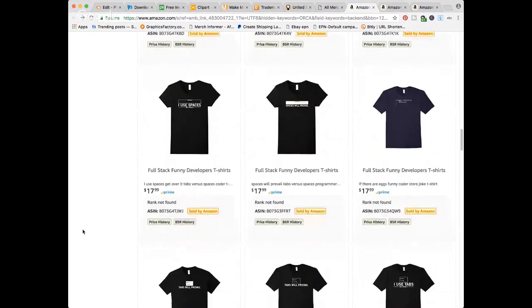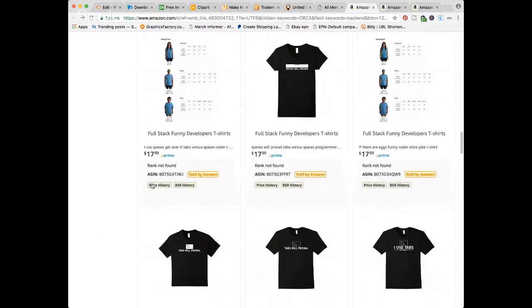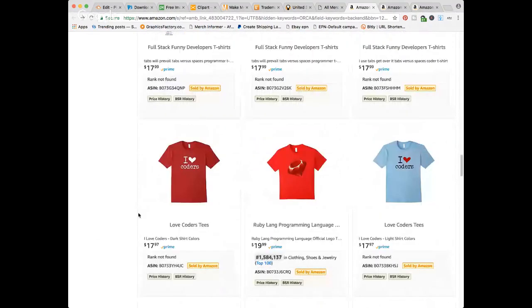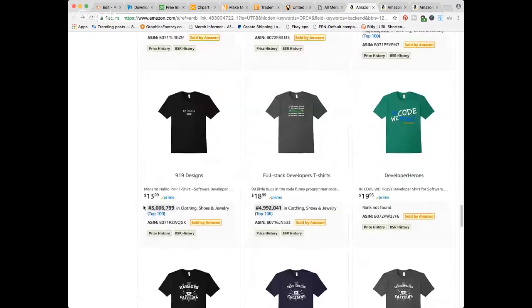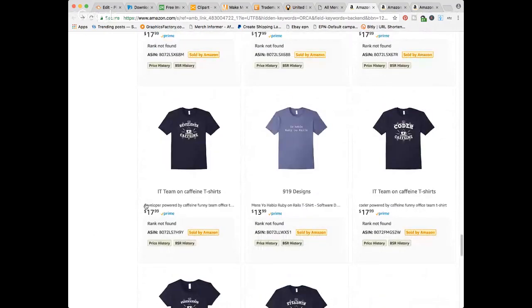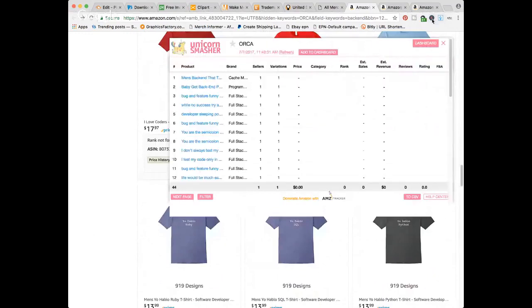So some of these may be really good ideas, but you cannot even read what it says. It's so tiny, you know? And nobody likes a tiny back end. No, I'm joking. Okay, so, Yo hablo Ruby on Rails. But again, let me click over here on Unicorn Smasher and see if we see any,